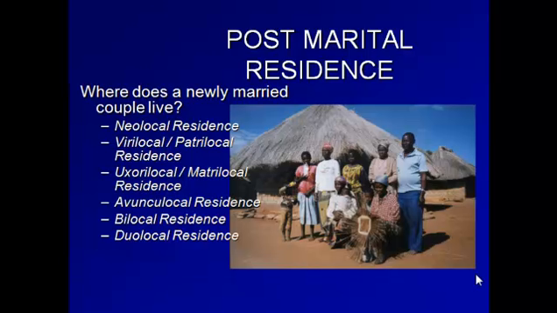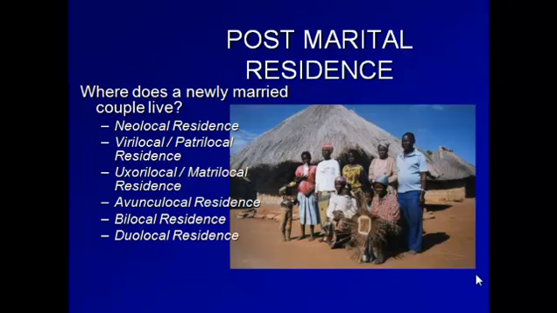So another important part of understanding marriage systems and the creation of family is looking at where people live once they do marry. In anthropology, we've learned that these patterns, what is called postmarital residence, are important because they highlight relationships between the married couple and what are called natal families, the families where they were born. So societies have rules concerning where the newly married couple should live. So just like rules about who you can and can't marry and rules about how many spouses you can have, there are also rules about where you should live once you do marry.